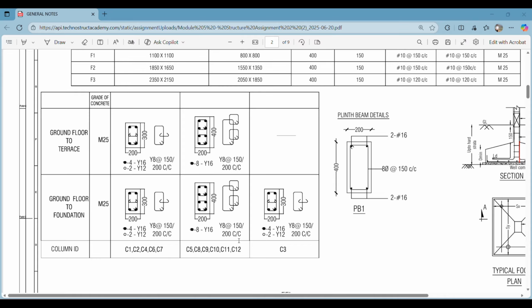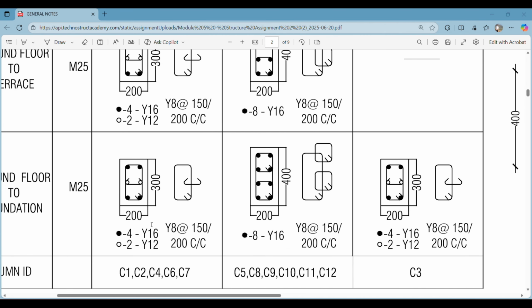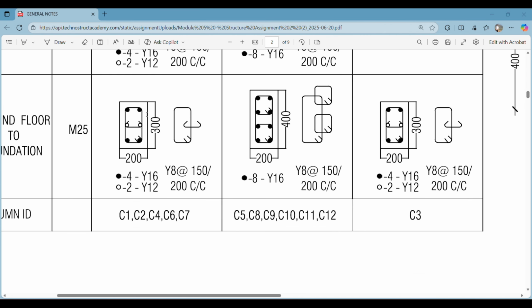For the other columns we have this, and for the particular C1 we have this type of reinforcement. But how do we read these reinforcements? What I can do is zoom in a little bit. Can you see there are 4 dots here? Can you see these dots? They denote the reinforcement. So there are 4 bars, 1 2 3 4, of diameter 16 mm, and then 2